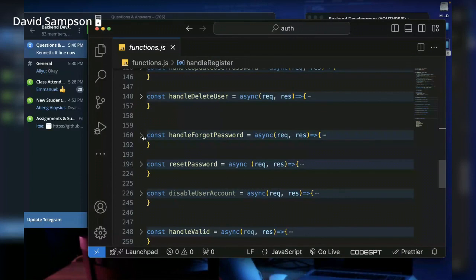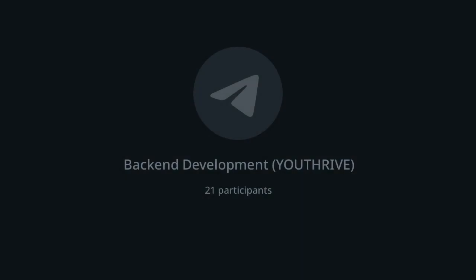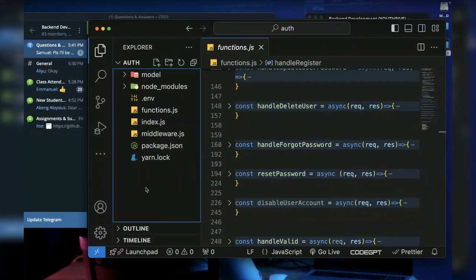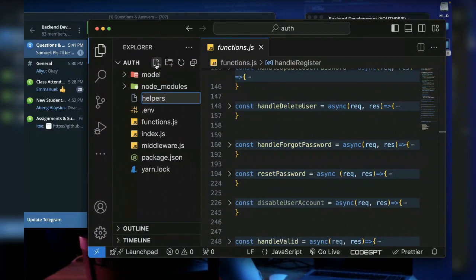What I normally do is the function that sends email, I will bring it outside. I keep it outside. I create something like, some people call it helpers.js. You can call it helper.js. Sometimes I call it helper, but I call it utilities most times. Utilities means that